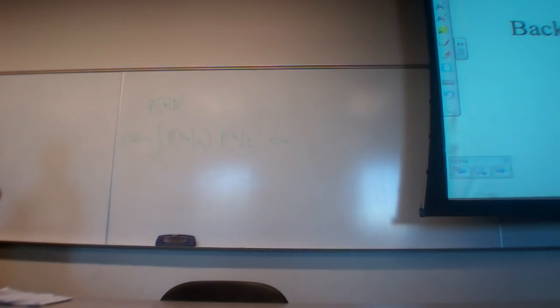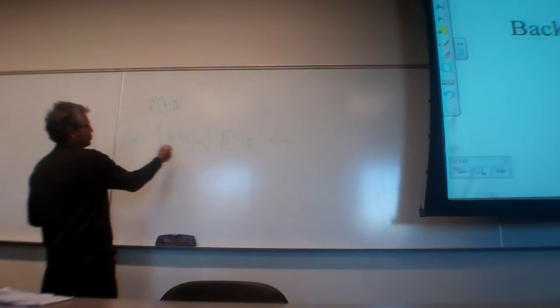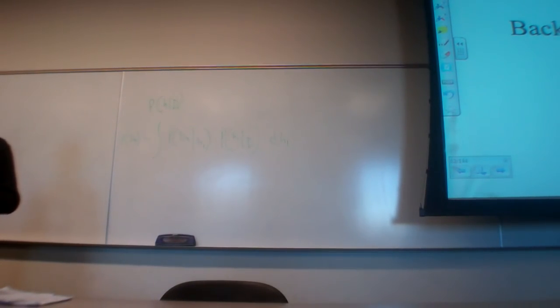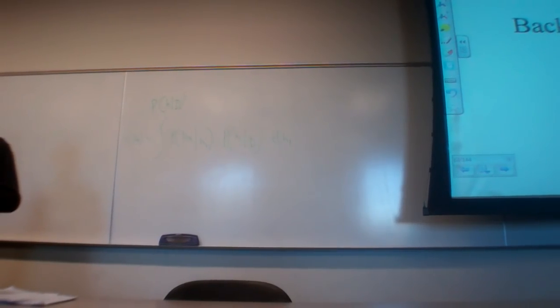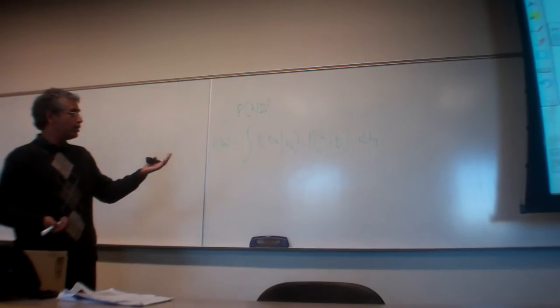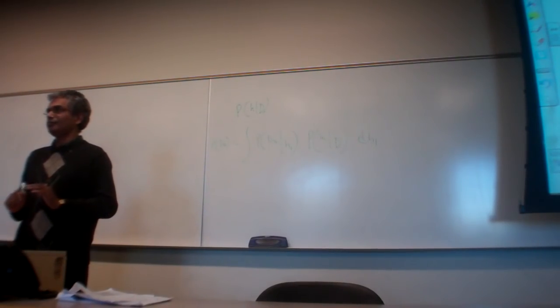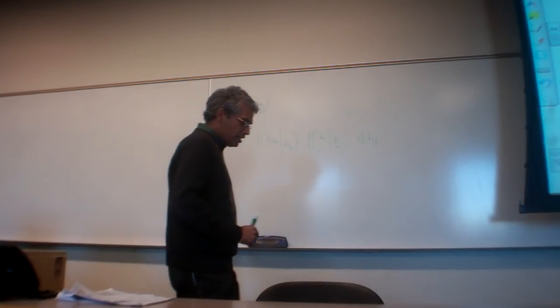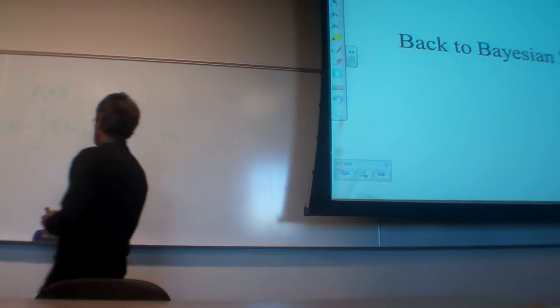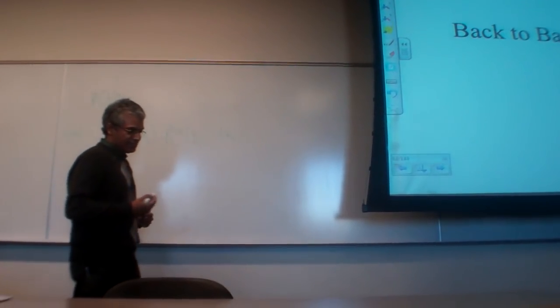I write integration now. Earlier on I wrote summation. Okay, if you have a discrete space of hypotheses, you just have to sum over all the hypotheses what each of the hypotheses is giving as the probability of the next data being Dn. Okay, if you have a continuum of hypotheses, you have to do integration. Okay, so we started with the Bayes learning, and actually we in fact used the summation version and still said,